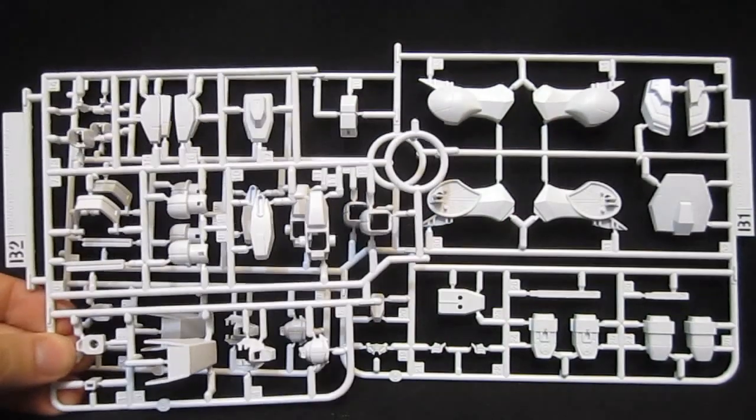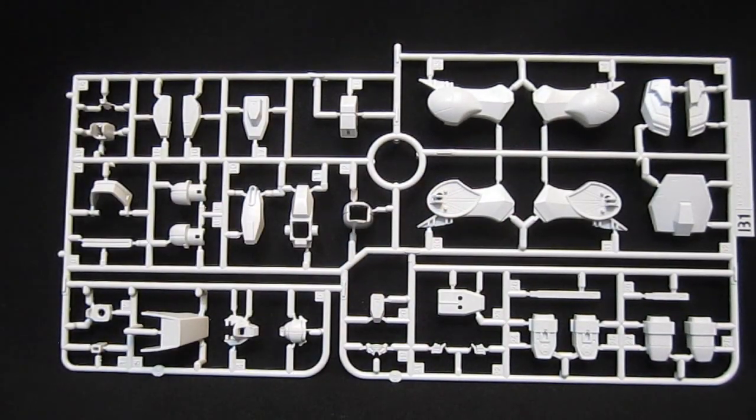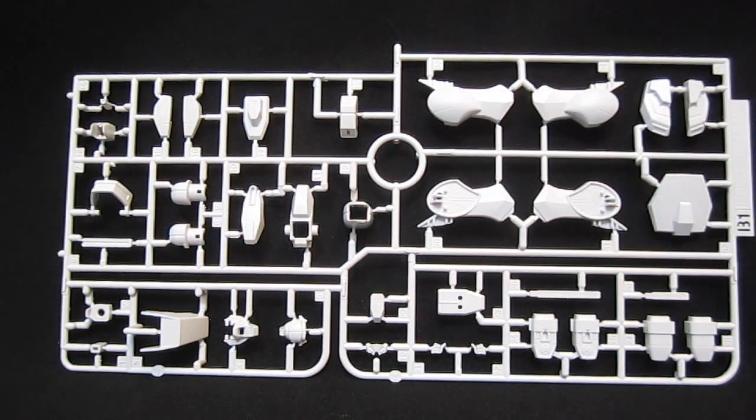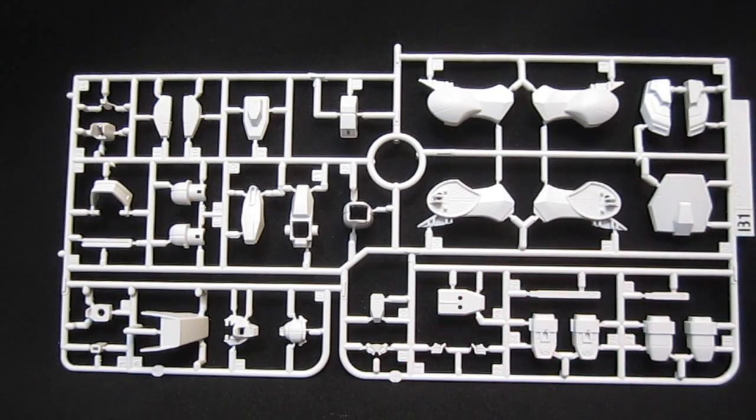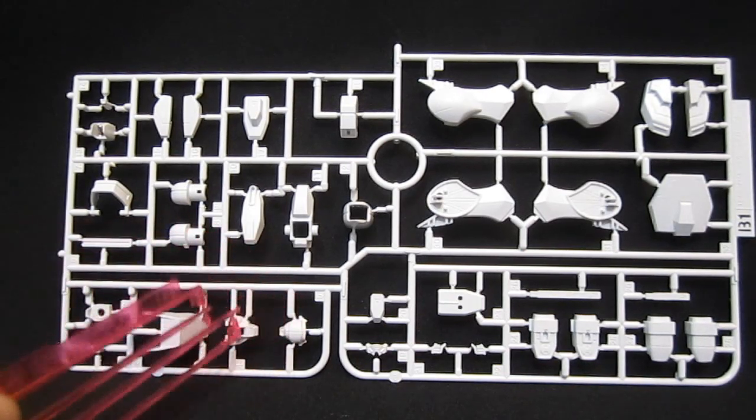Here's the B1 and B2 plate, which is a 1.5 plate, and you're going to have everything you need here for the legs, the waist, and the arms and waist armor. The best part for me is that down here you're going to have the weapons in terms of the face parts and the beam sabers, but it's here that you're going to get the head, the main part that